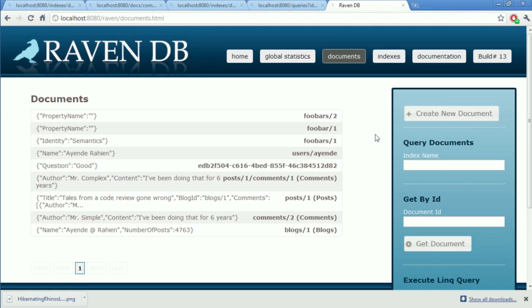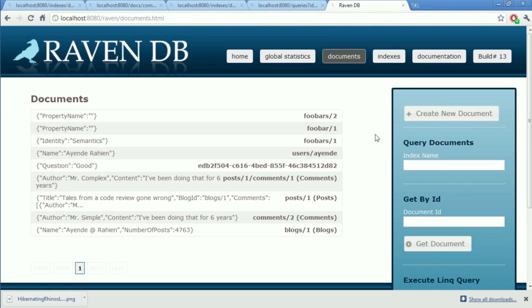And the final one is an identifier generation strategy called HiLo, which basically means that we can generate identifiers for documents by going to the database only once every 1,000 documents or so. So it is more efficient in terms of how often I have to go to the database.